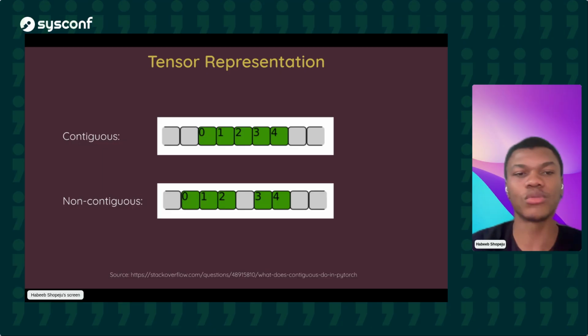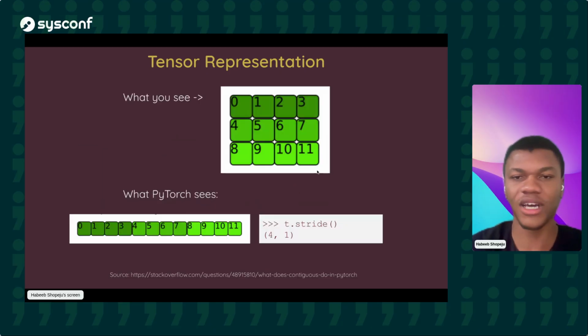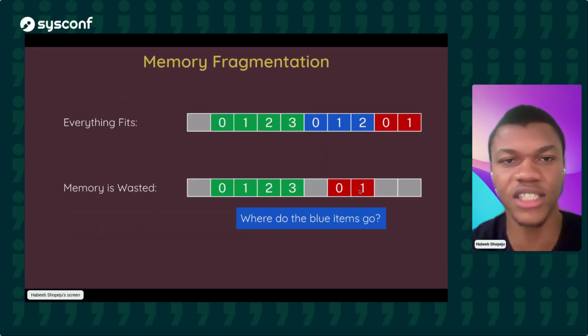Hence, these libraries would often represent data in a contiguous manner. So if you have a matrix, it's 3 by 4. But what PyTorch essentially sees would be this in contiguous format. And it stores some metadata saying how it's going to go from one value to another. So let's say you want to go from one row to the other. It knows, oh, we need to skip 4 values to get to the next row. But if you want to get to the next column, you just go 1 value to get to the next one. So that's what would often happen behind the scenes.